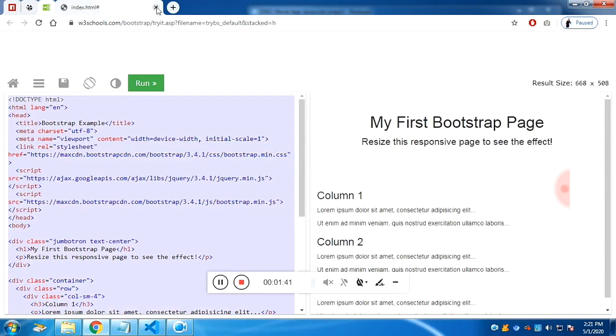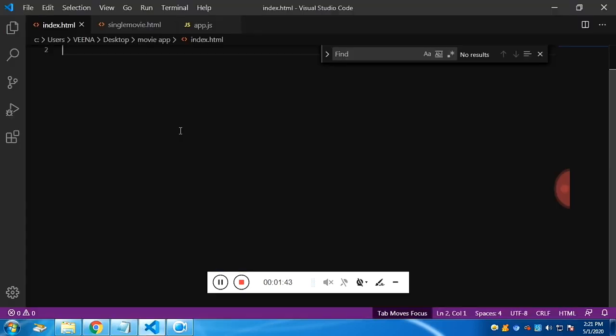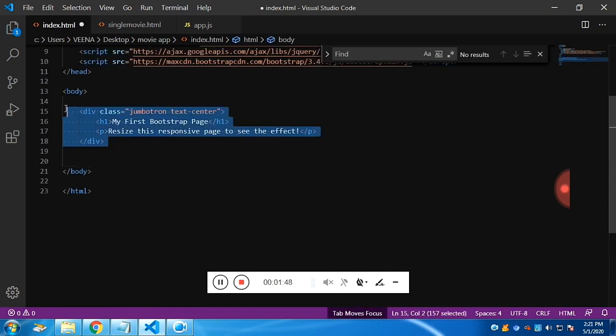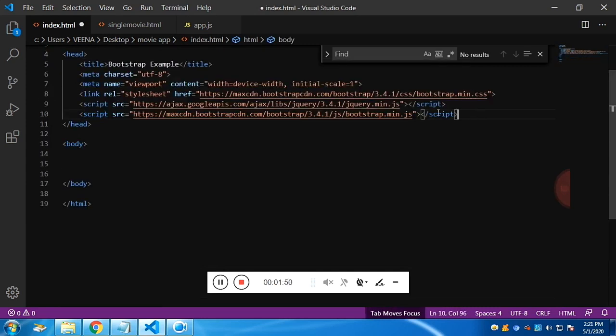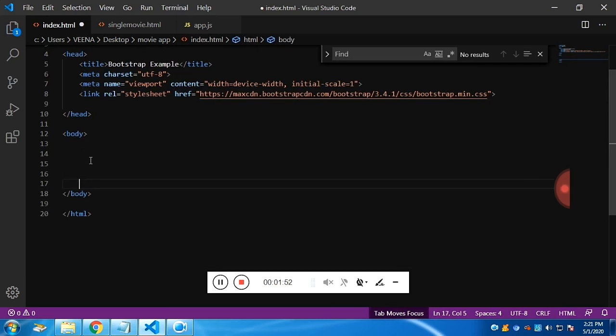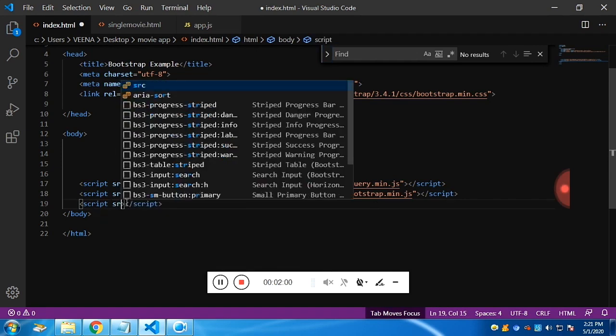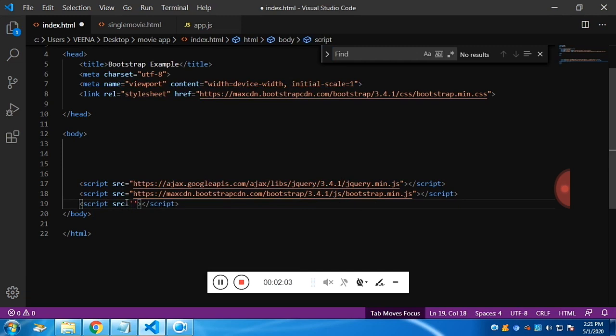Let's get into the ready-made code. It's just a bootstrap ready-made code which will have a CDN of bootstrap in the head section along with the jQuery. We need the jQuery to be loaded in the body below. And let's load our JavaScript. Here our JavaScript file name is app.js, which is in the same directory.